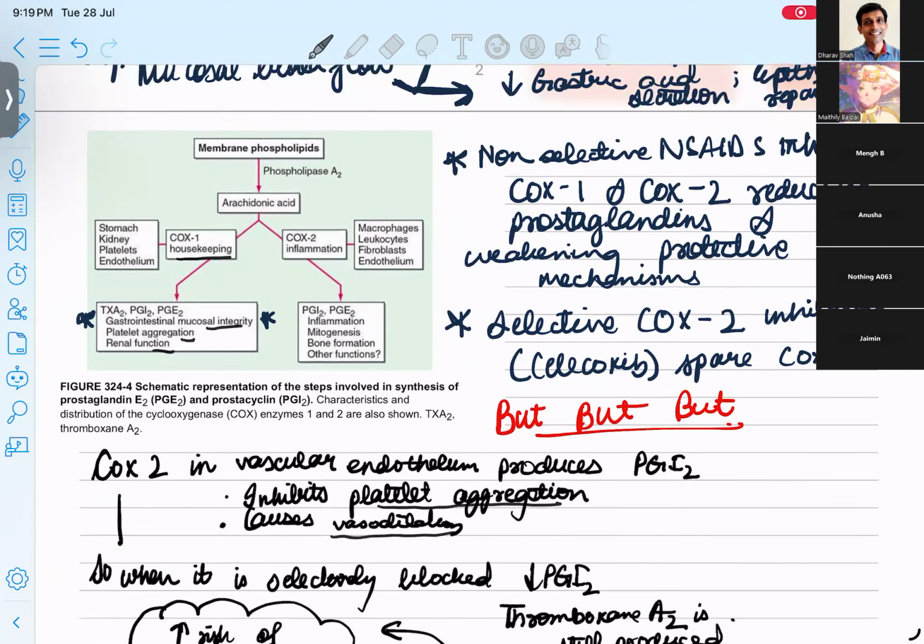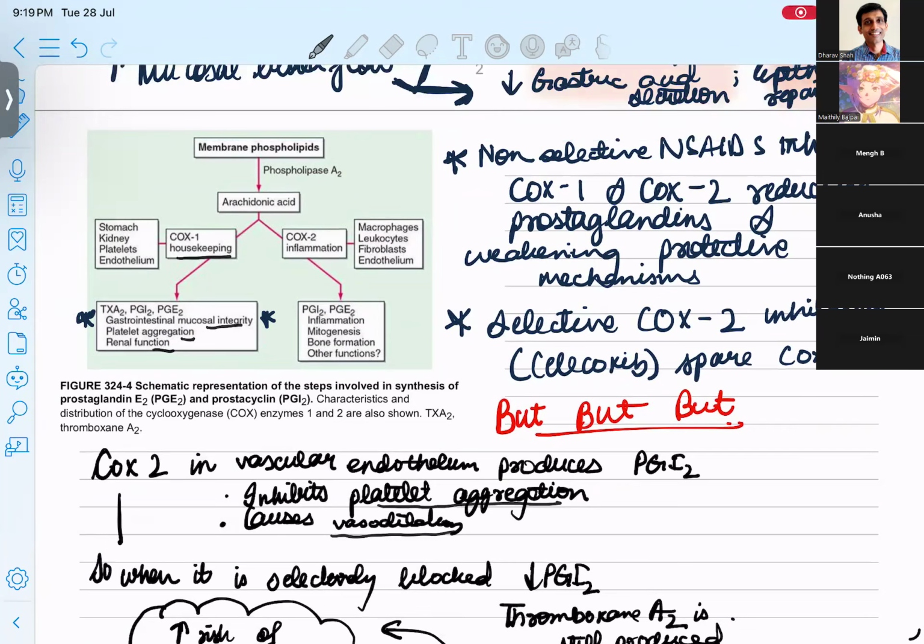So understanding this कि COX1 और COX2 pathways अलग अलग है, when we give non-selective NSAIDs like ibuprofen, diclofenac, they inhibit both the COX1 and COX2 pathways, reducing the prostaglandins and weakening the protective mechanisms in the stomach. Prostaglandins का already इतना बड़ा role है कि they are increasing the mucosal blood flow, they are increasing the mucus, and then also the bicarbonate ions. तो जब हम दोनों pathways बंद कर दे रहे हैं, and the chronic use of NSAIDs एक patient ले रहा है for some disease, or